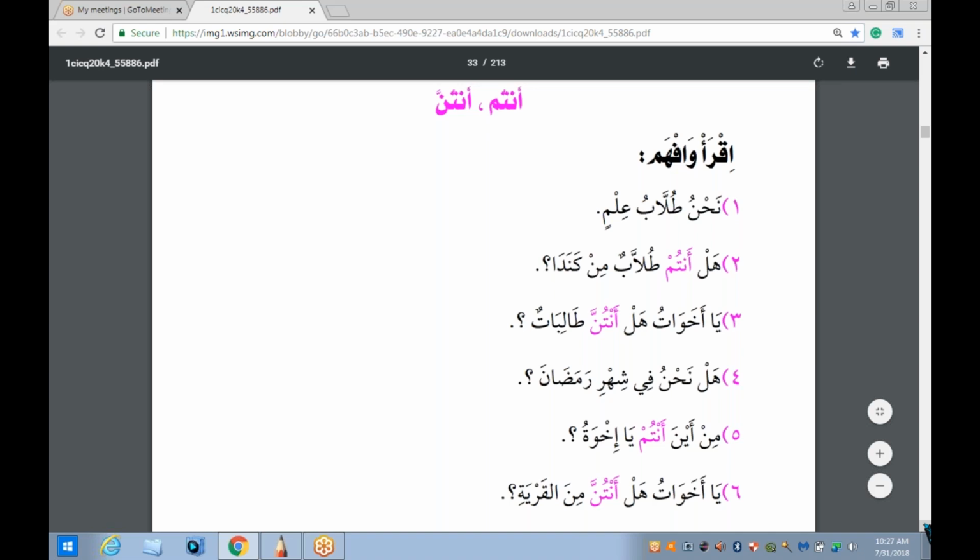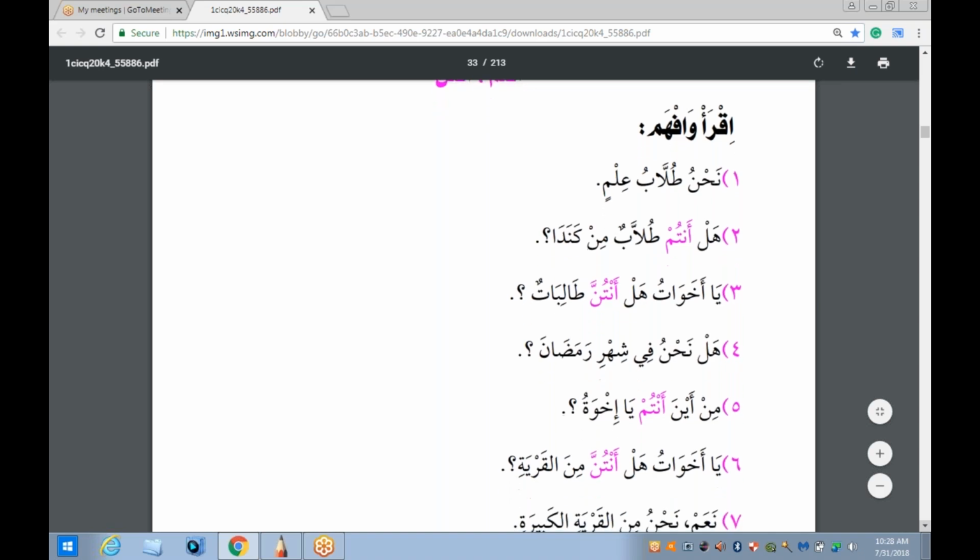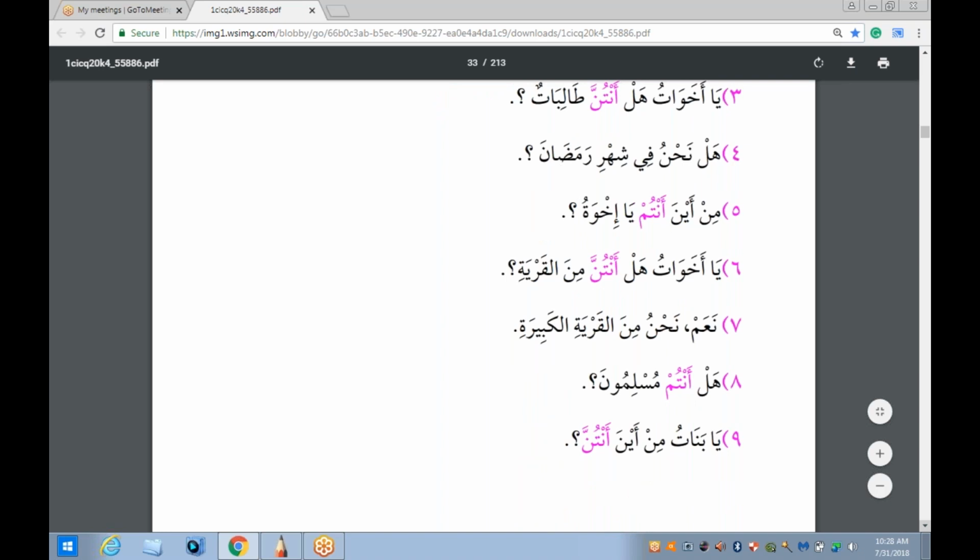الجملة الثالثة, the third sentence, يا أخوات هل أنتن طالبات؟ الجملة الرابعة, the fourth sentence, هل نحن في شهر رمضان؟ الجملة الخامسة, من أين أنتم يا إخوة؟ الجملة السادسة, يا أخوات هل أنتن من القرية؟